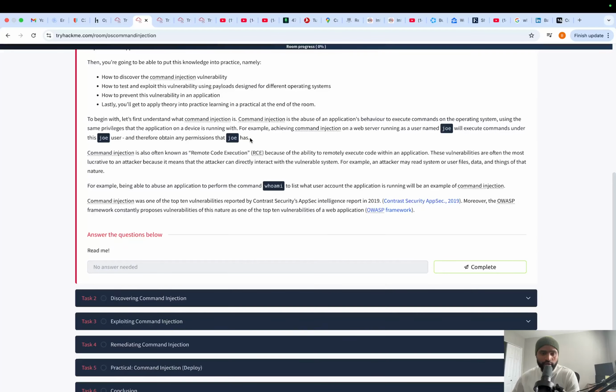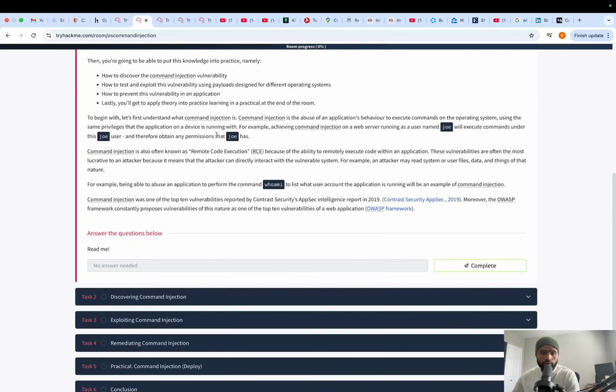So if anybody does command injection using my credentials or my privilege, then they can only use Johnny Pentester's privilege, but not anybody else's, unless they do pivoting from there and try to